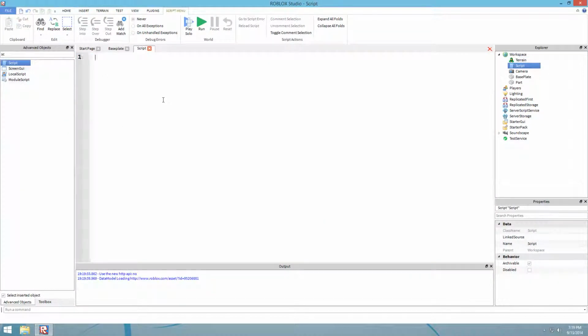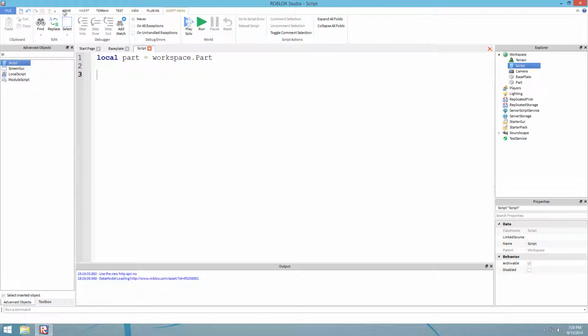So, let's just define the part. So now part equals the actual part, and you should have the new